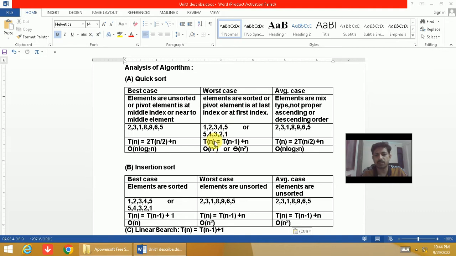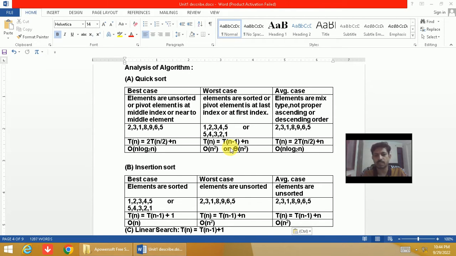And the recurrence relation for worst case time complexity analysis of quicksort is T(n) = T(n-1) + n. So every time, if we are finding the pivot element at last, then n minus 1 elements will be the rest of the elements to perform the analysis in worst case. So here the complexity is order of n square for quicksort in worst case, and we can improve this worst case complexity by introducing randomized quicksort, where the randomized quicksort produces order of n log n base 2